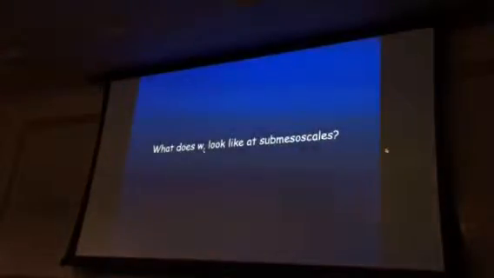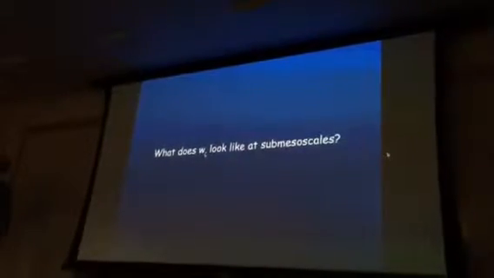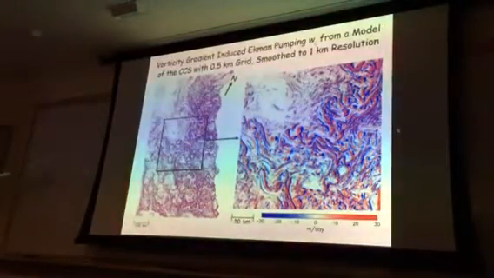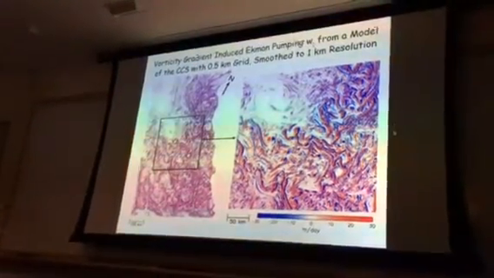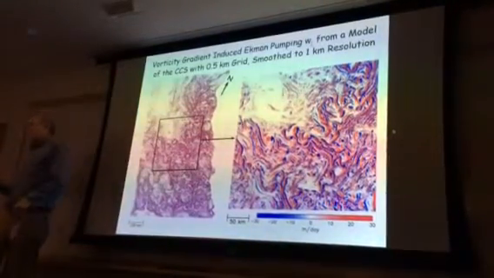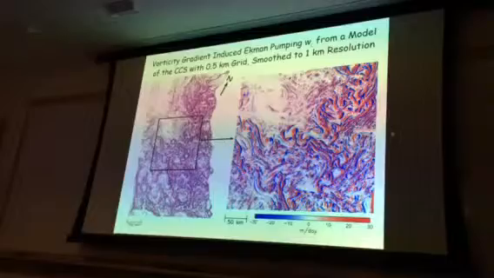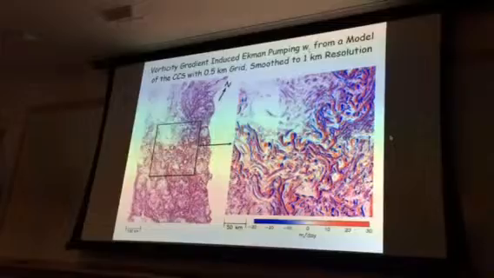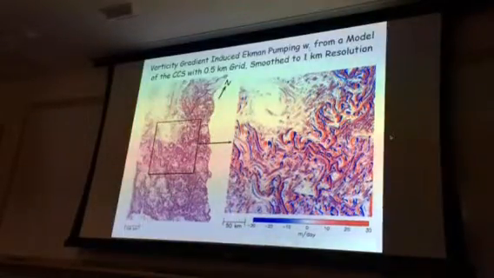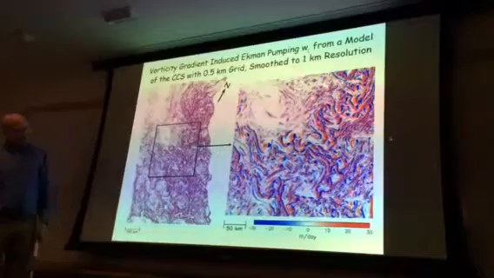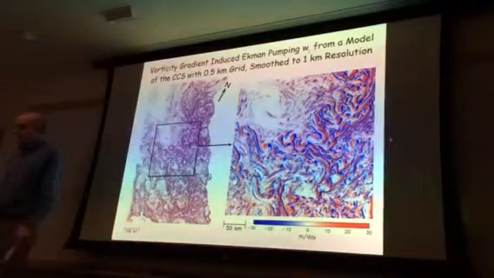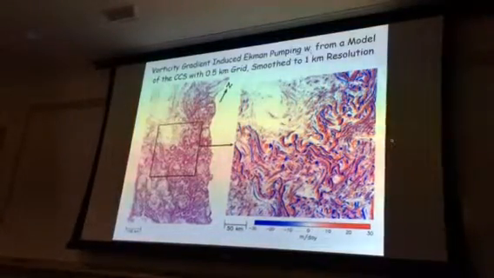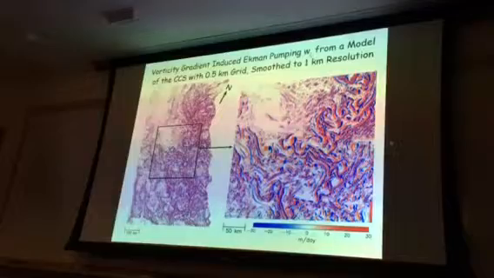All right, so what I really wanted to do, what got this whole thing started, was we want to look at W zeta. So let's see what that looks like at sub-mesoscales. And here is that upwelling from the W zeta term. It looks qualitatively very similar to what we saw from relative vorticity, but bear in mind that this is essentially yet another derivative of the relative vorticity. So it's not exactly the same, obviously. The color bar here ranges plus or minus 30 meters a day, and it's super saturated in places. As I said before, there's places in there where you can get close to 100 meters per day from this. But on those scales, the theory is not